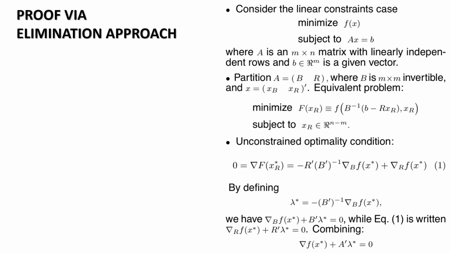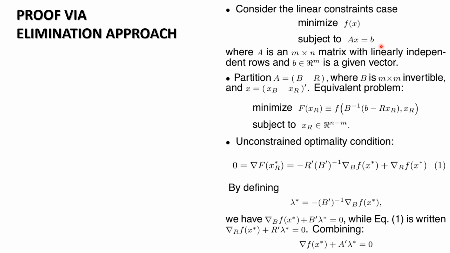Let's explain how to handle equality constraint optimization problems where the constraints are linear equations Ax is equal b. It uses an elimination method to convert the constrained problem into an unconstrained problem and then derives the Lagrange optimality condition. So let's consider the original problem with linear constraint. We need to minimize the function f of x, subject to Ax is equal b,